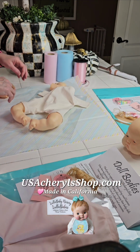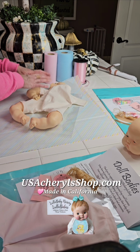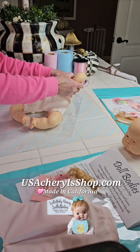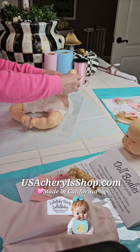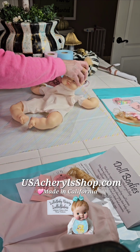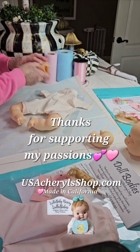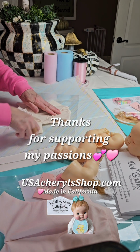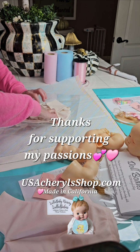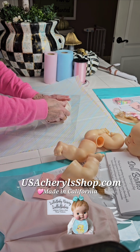I'm going to be sharing the full topper that goes with that, top knot, and the bonus clip. That is a separate way to purchase that. But with all my cloth bodies, you're getting one of these. So this arm is supposed to be up like that when you're stitching. Okay, there you have it. I spend a lot of time ironing these too, and